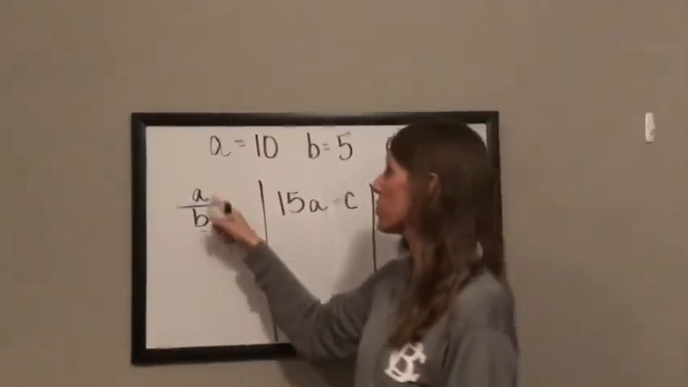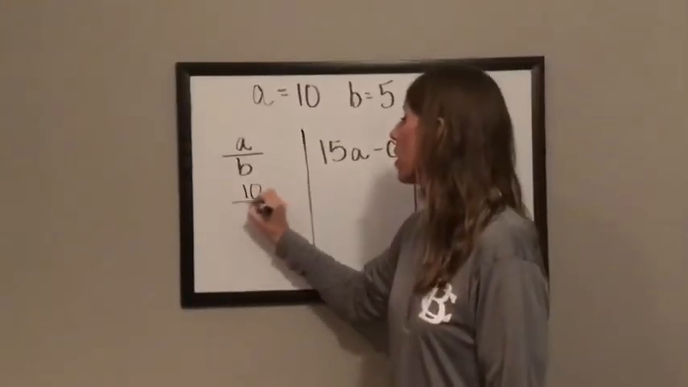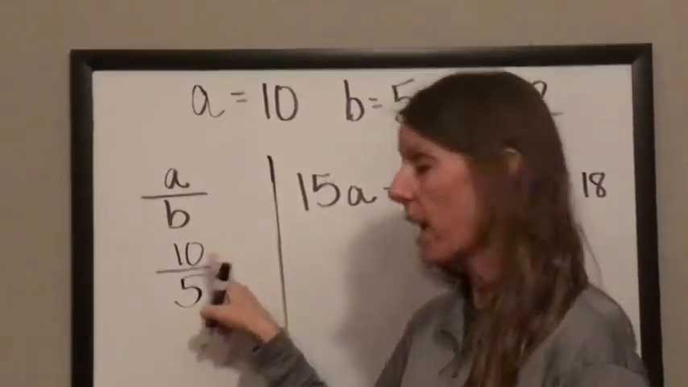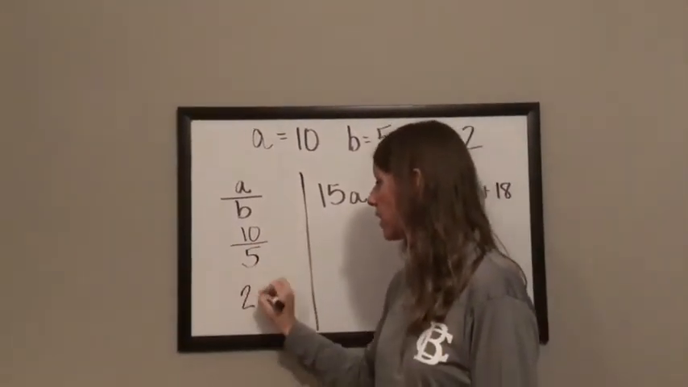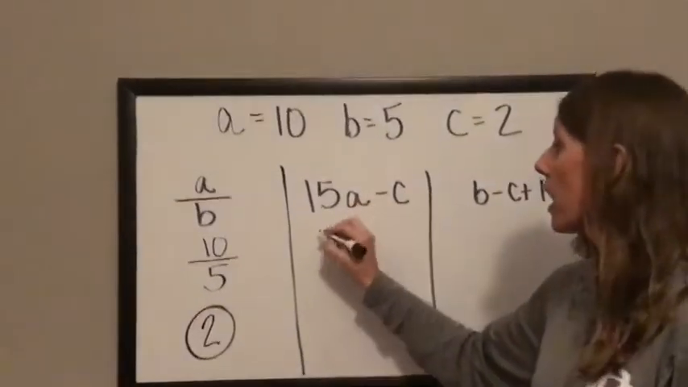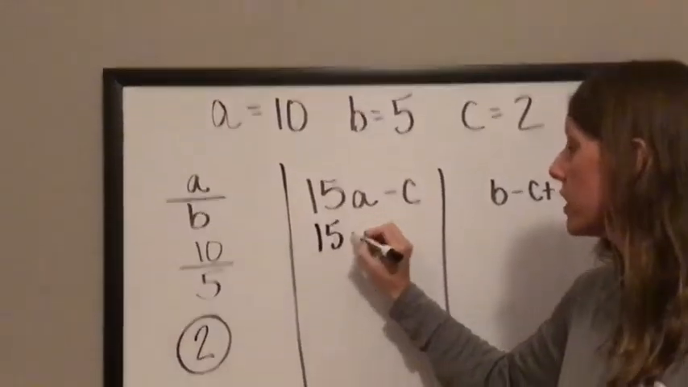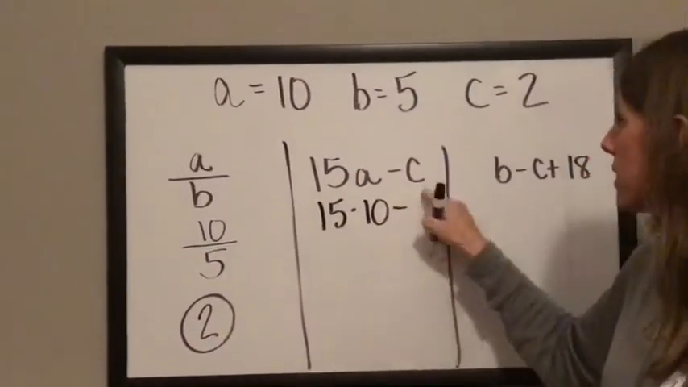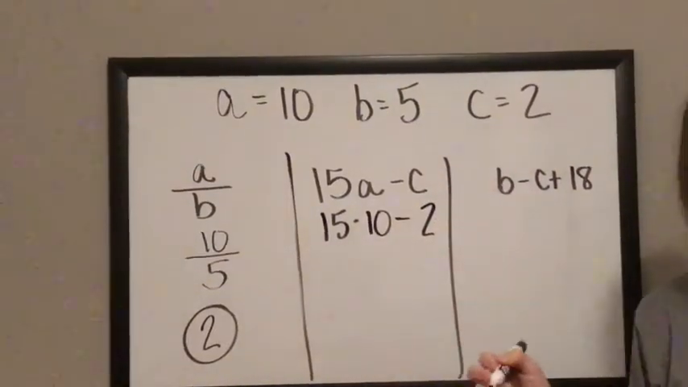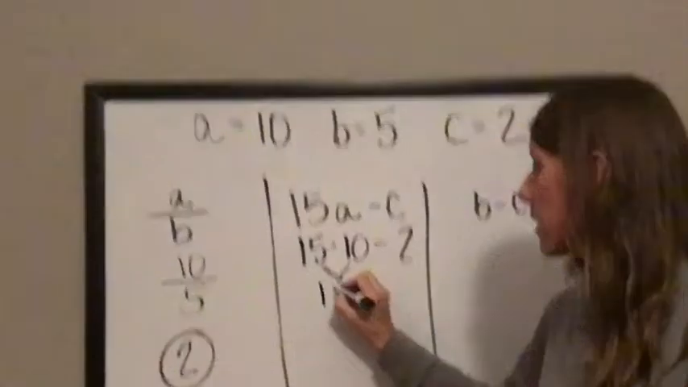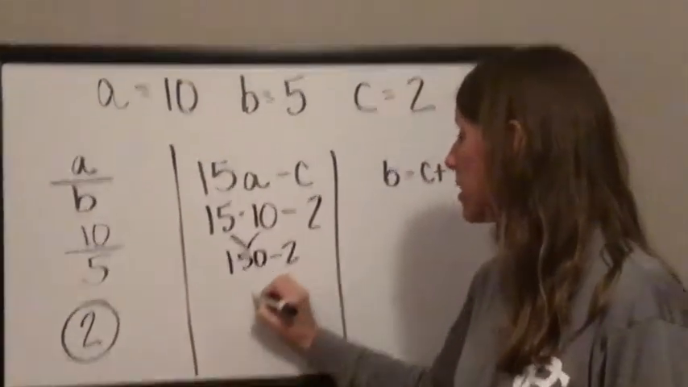So let's look at the first one. A is 10 over B is 5. Now we know that this can also mean divide, so 10 divided by 5 is 2. So your answer there would be 2. For the next one, 15A minus C. I know 15 is next to A, so that means multiply. A is 10, C is 2. Now I just do PEMDAS. I know multiply comes before subtract. So 15 times 10 is 150 minus 2. You should have gotten